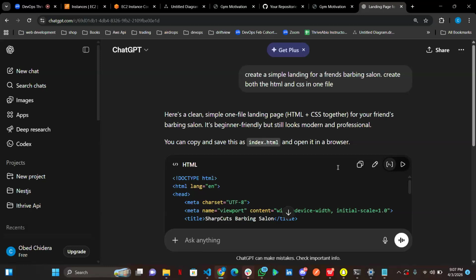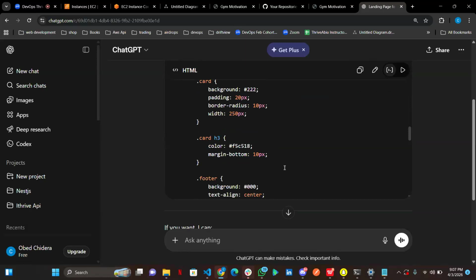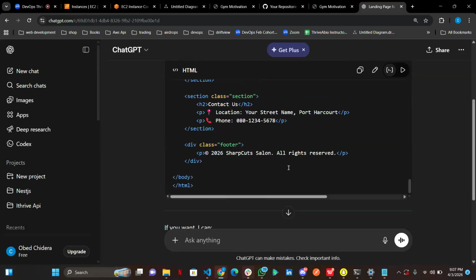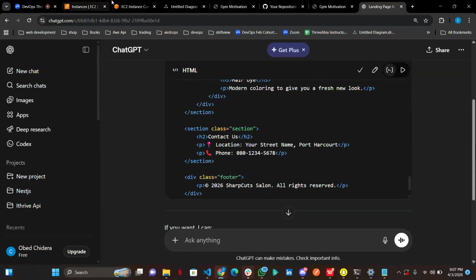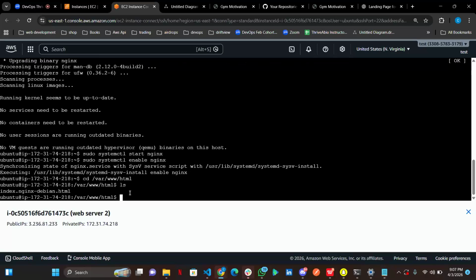Okay, so this is what my AI gave to me. I'll just quickly copy this. After copying that, remember I'm in web server 2 at the moment. So what do I do? I ls, and there's a default file there called nginx debian. I need to delete that file. So sudo rm to delete that file, the index file, delete it, then